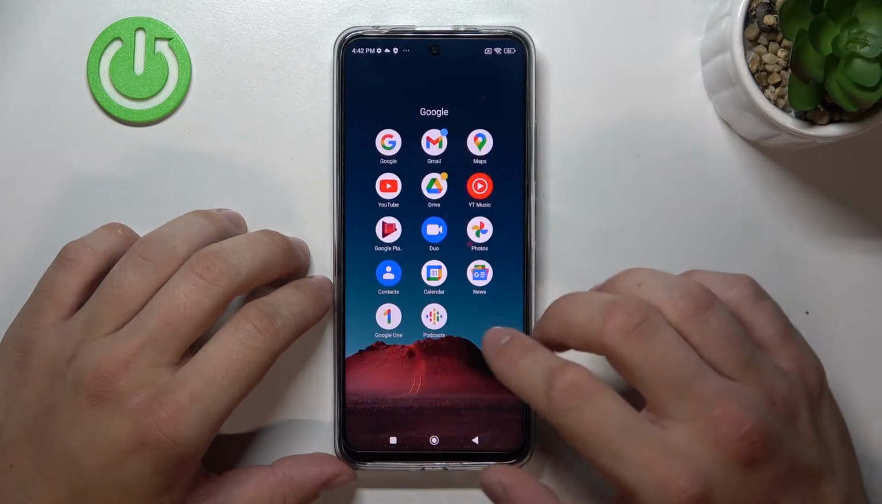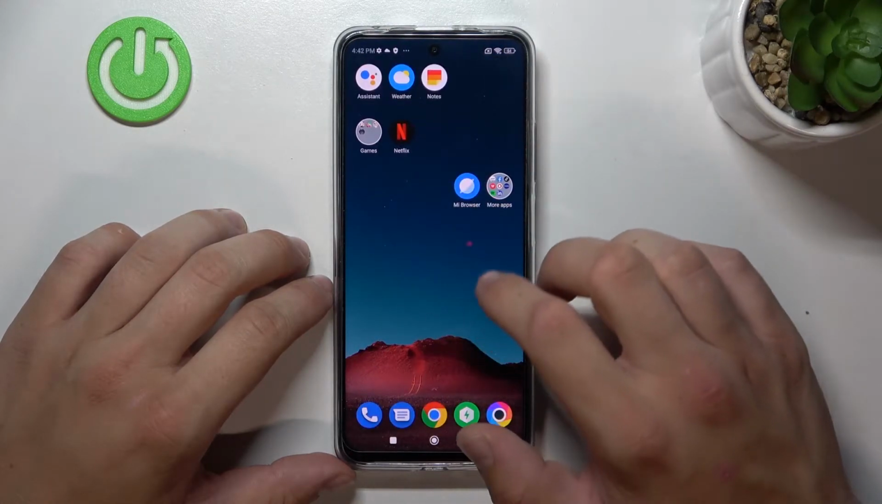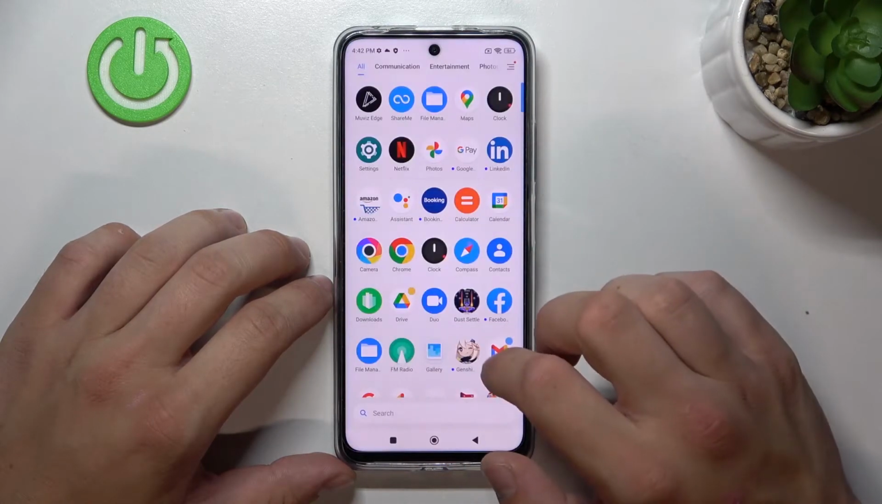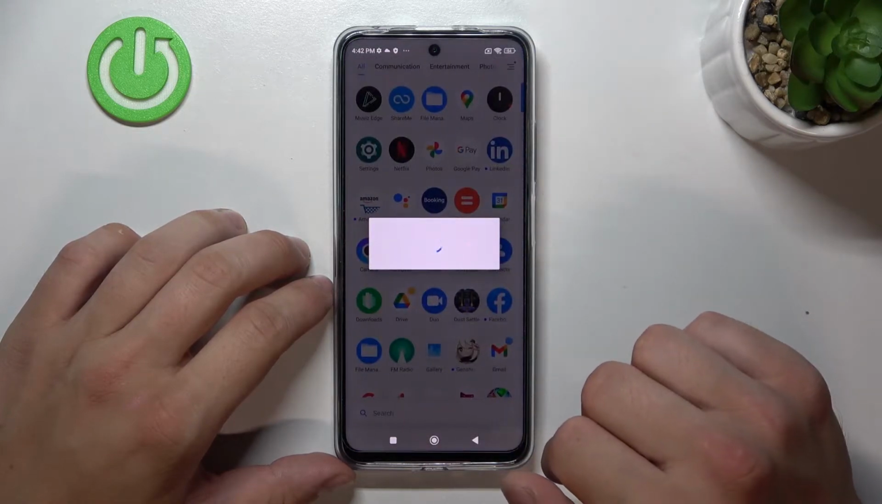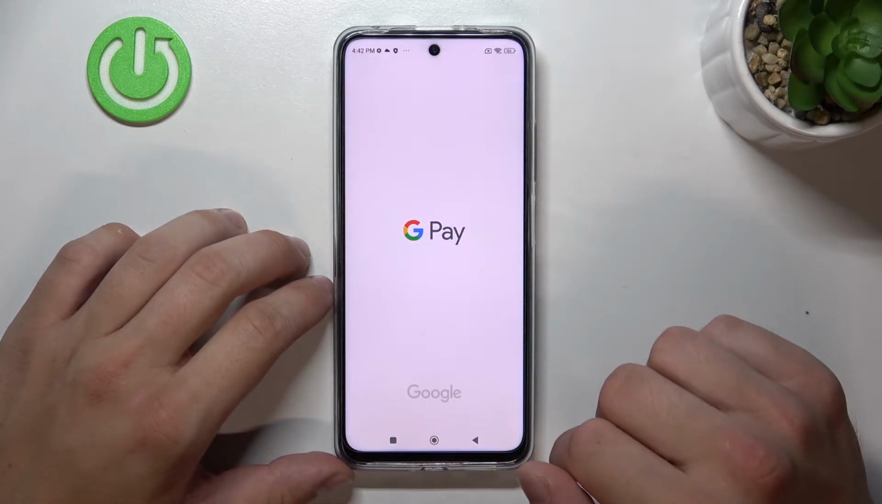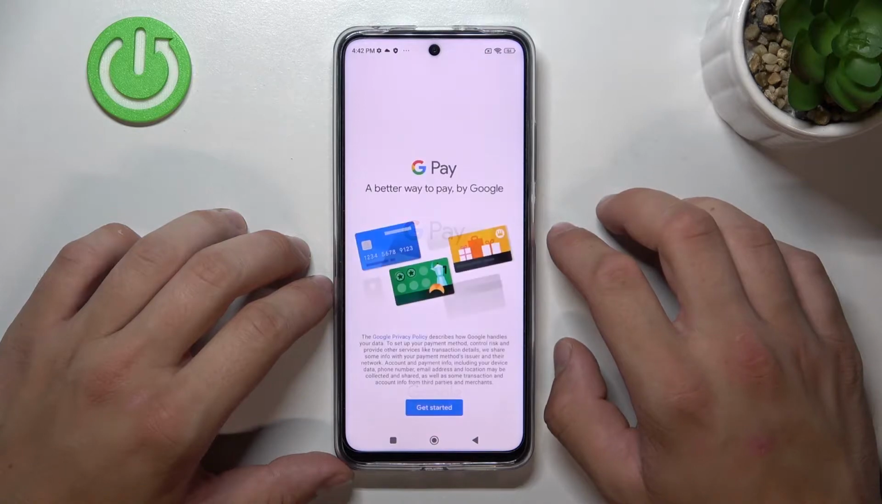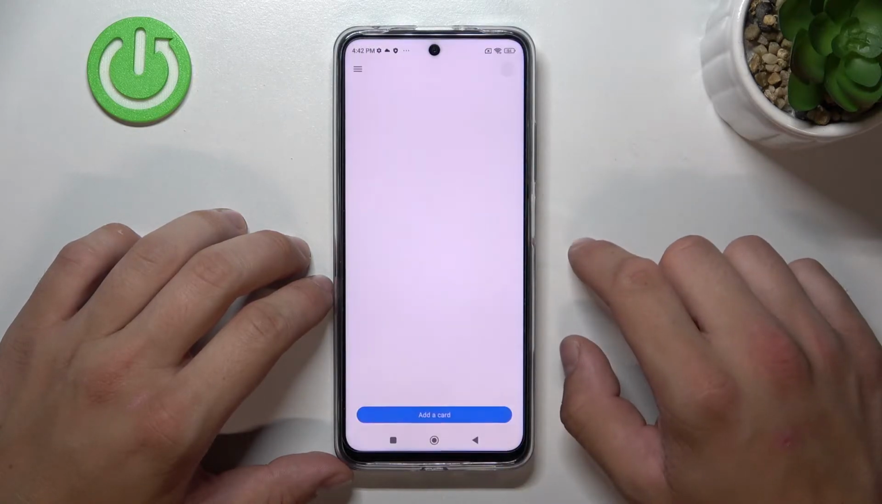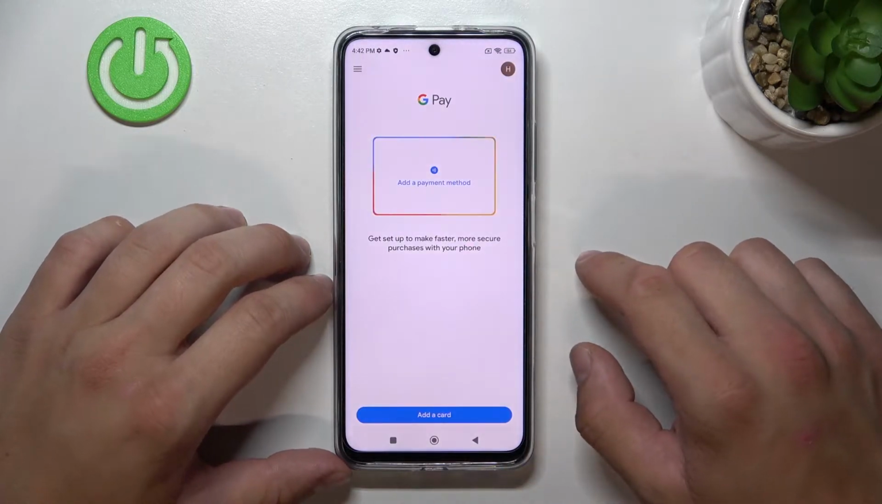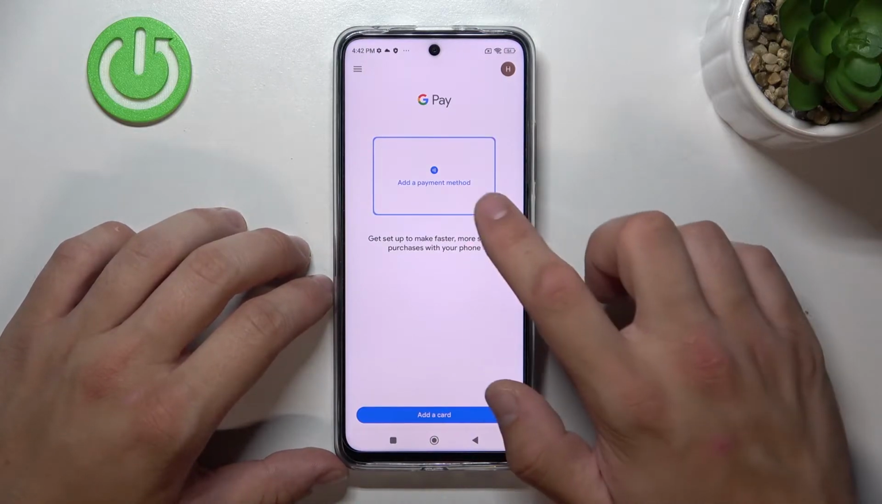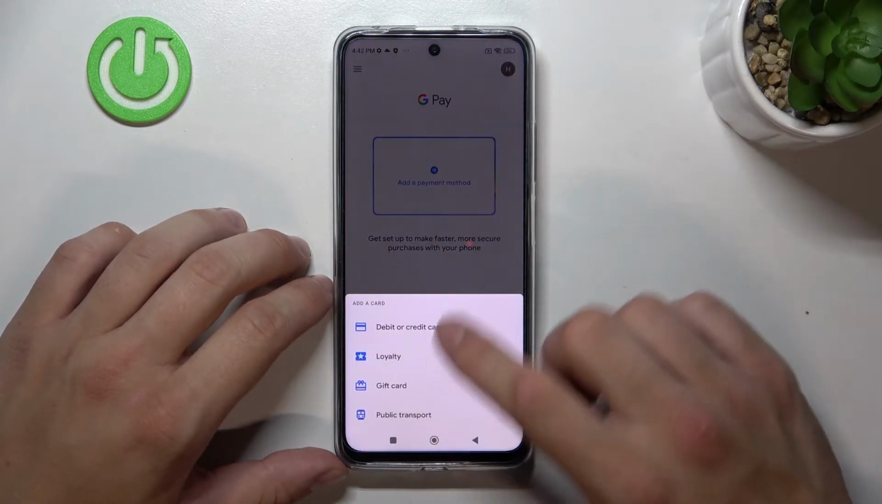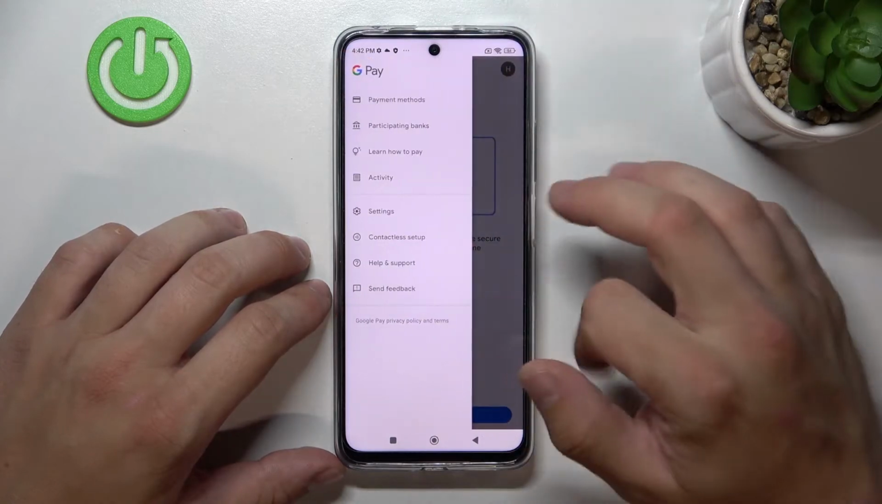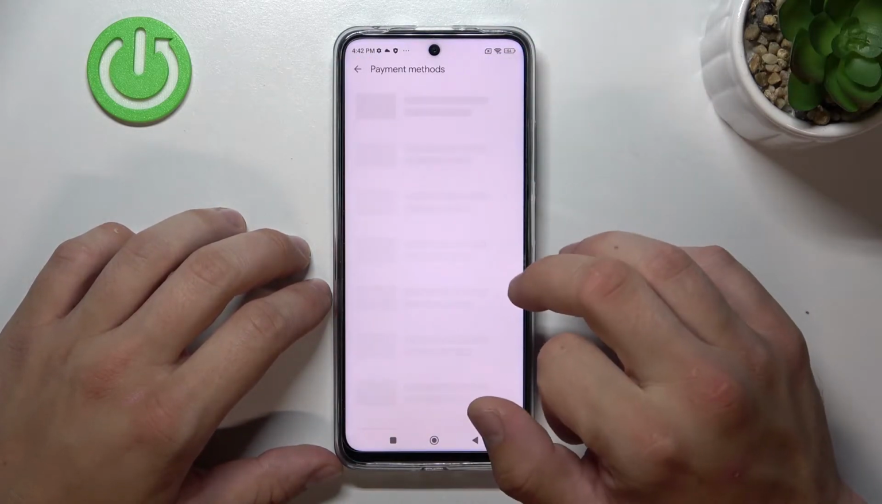In the beginning, let's enter Google Pay. Tap Get Started. And as you can see, from the homepage of Google Pay, you can add payment method and different types of cards. Now let's go to menu, where you can check all of your payment methods,